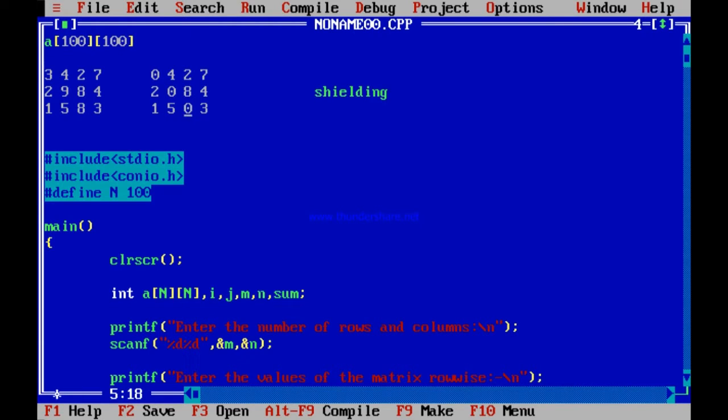That means I will have to shield every Aii. For all rows, see, 3 zeros I need to make. In the first row I need to make one 0, in the second row one 0, and in the third row I have to convert one number to 0.